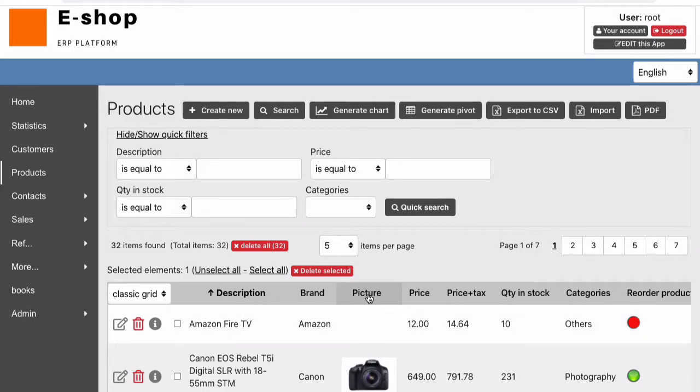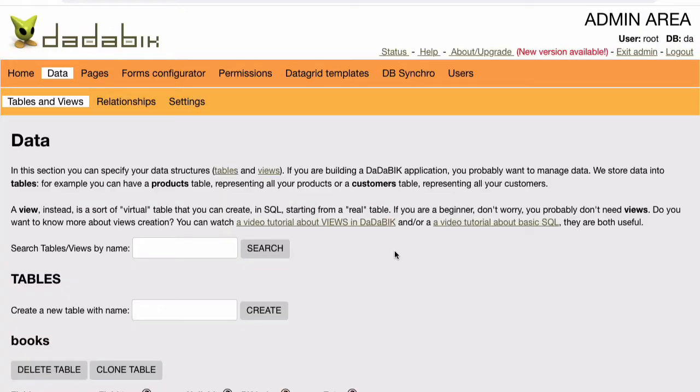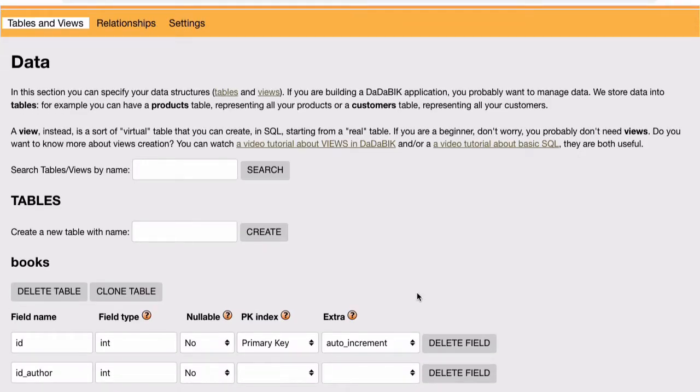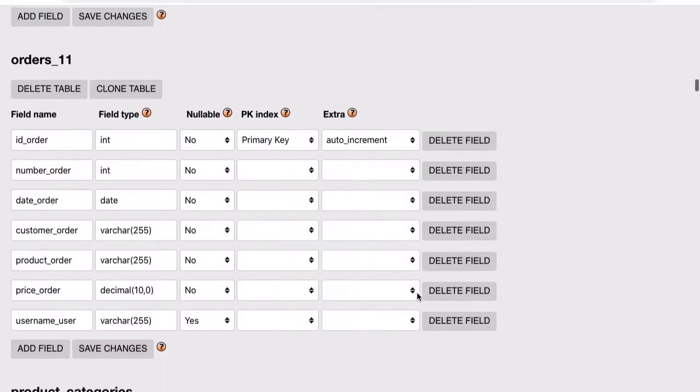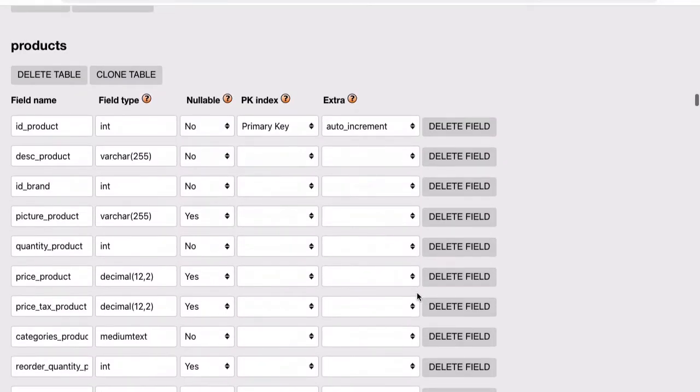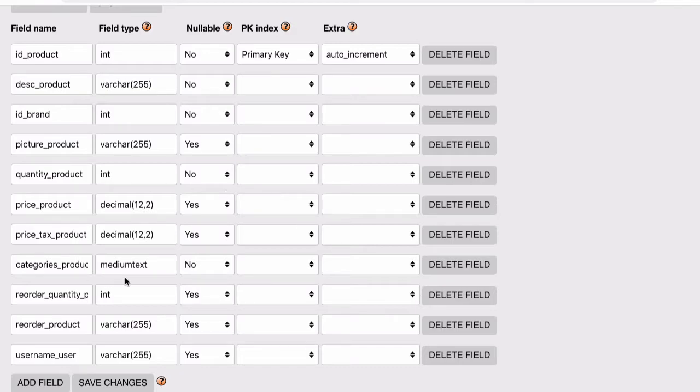So, how about this field? For example, here we have a picture field. How should we define this field in our database, and which field type do we have to use in DaDaBIK? So let's see first our database. We can see it from the data page of the admin section. So here,